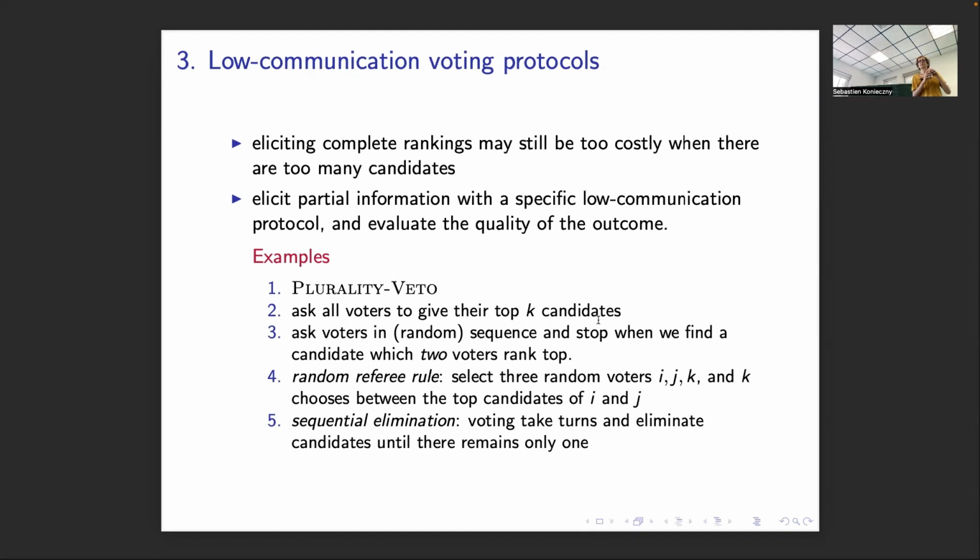We were not forced to give the full ranking, because the whale poll gave you the possibility to rank only 4 alternatives. Exactly. That was a low communication vote. That's exactly that kind: ask all voters to give their top candidate or top K candidates. Okay, so